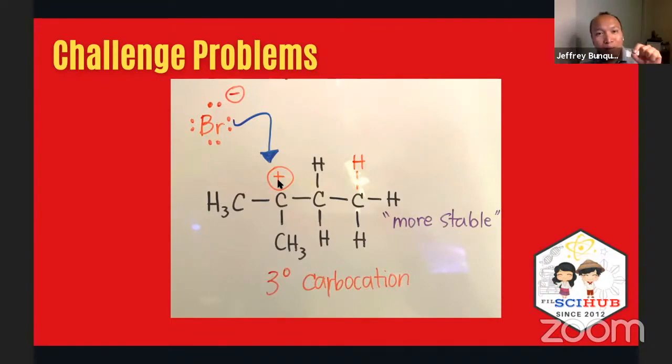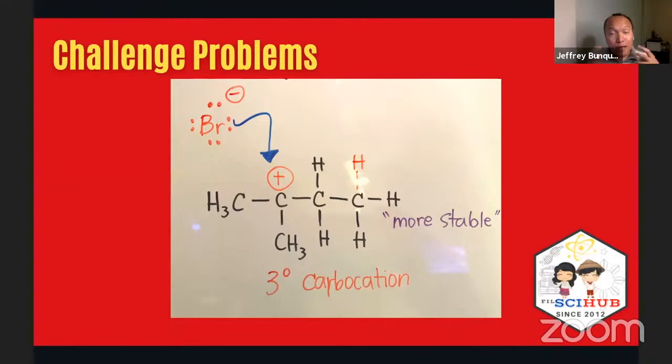So, gaya nga po na sinabi ko kanina, hindi pwedeng yung hydrogen dito sa gilid ang mag-move dun sa gitna kasi it's forming a less stable intermediate. So you have to be mindful of these rules po when it comes to a rearrangement. So hindi lang po siya proton, even alkyl groups, kahit po methyl group that can actually move to form the more stable